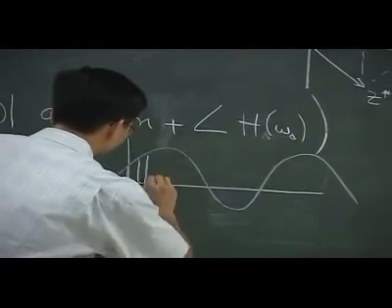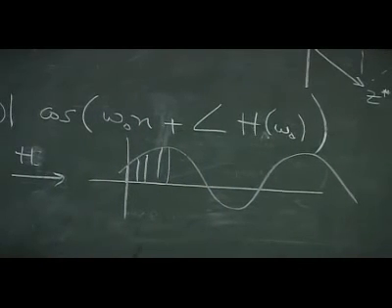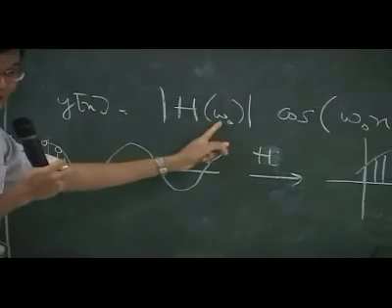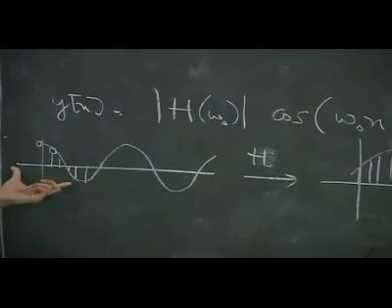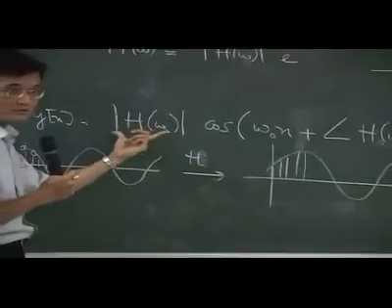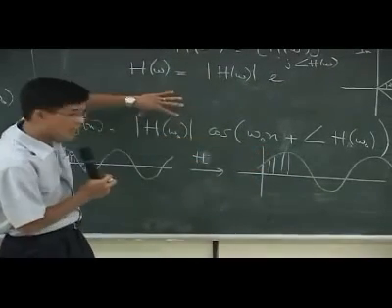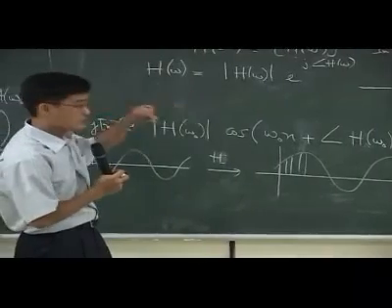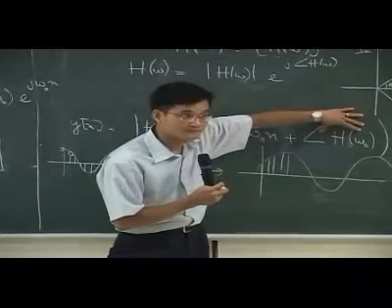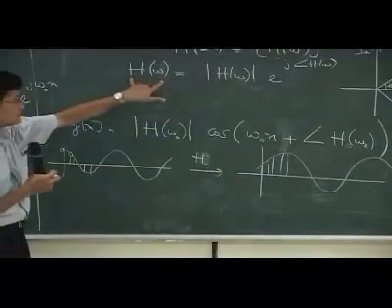Two things happen to this cosine signal at one particular frequency, ω₀, when it goes through H. One, the amplitude gets magnified by the absolute value of H(ω₀). Second, the signal gets shifted by the phase of H(ω₀). So a filter, when I design it, having this, a complex